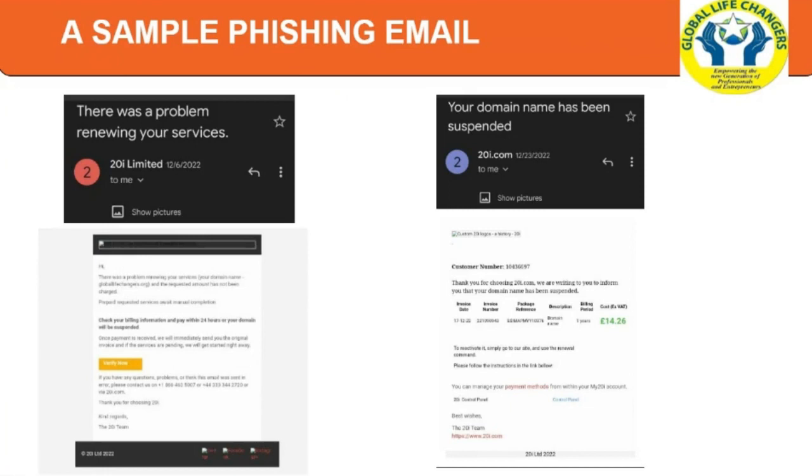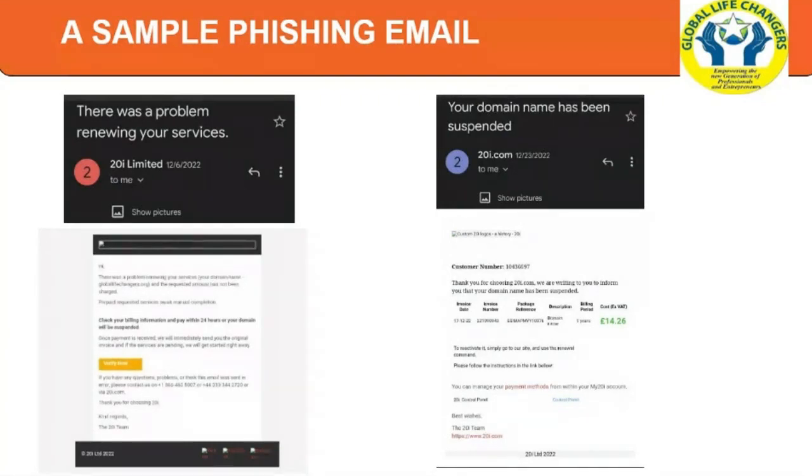So it was getting to time for our website subscription to be renewed. You see, when you have a website, it has to be renewed. Your subscription can be yearly, or you can renew multiple years. But there shall come a time where that subscription will be due for renewal. So it was time for us to renew our website. And you see, the phisher collected information about the website of the Foundation for Global Life Changes, and they knew the time that our subscription would expire.